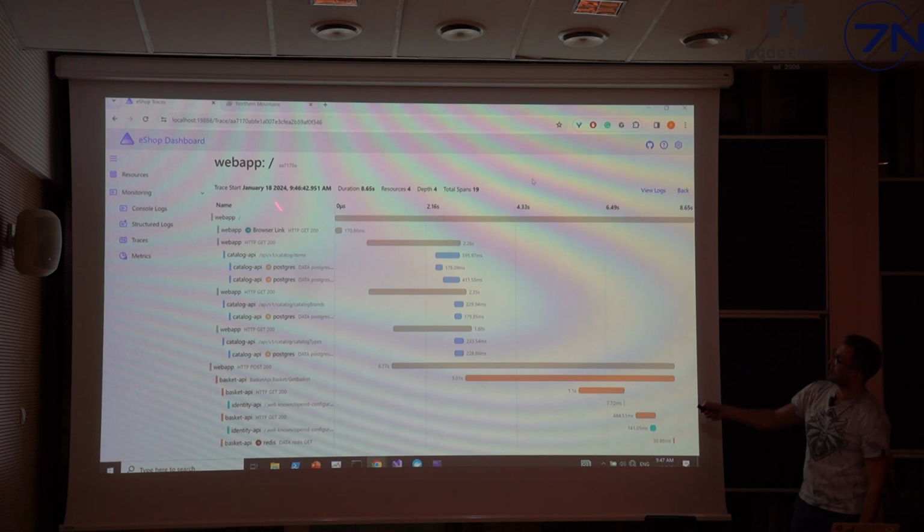It took almost 9 seconds. The first thing it did was an HTTP GET to a backend service. This backend performed one SQL query against Postgres, another query, and it got back, and then started performing other operations. We had another SQL query here, another SQL query.